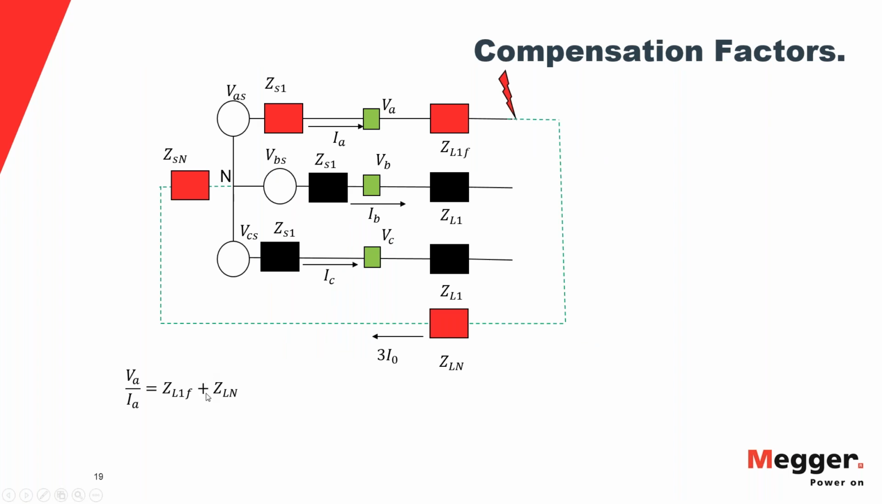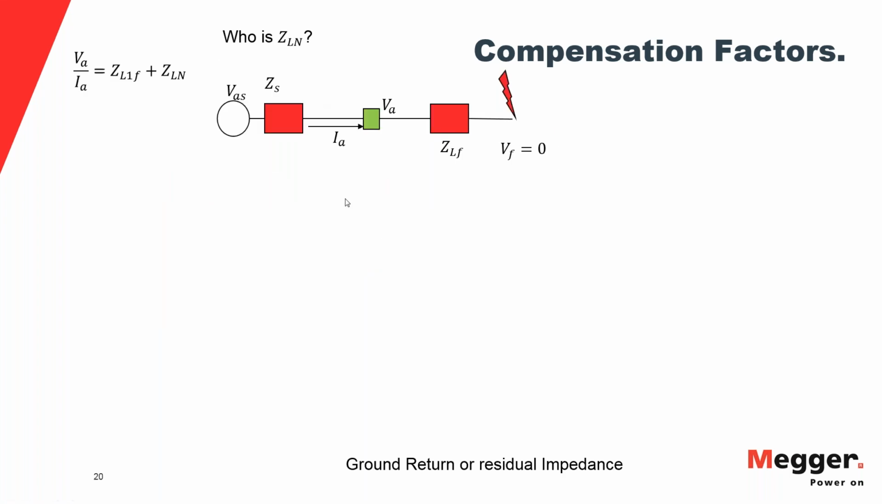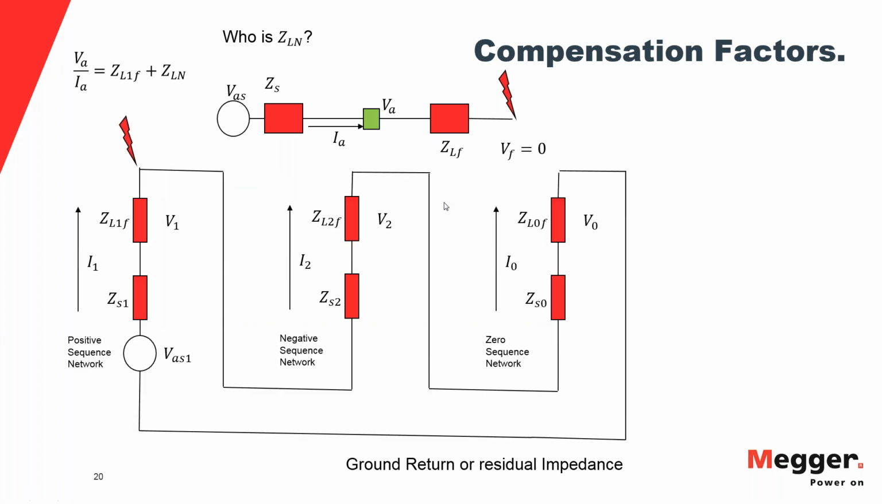Well, we are looking for this guy here. We don't know what the value of this guy is. So what we have to do is use the sequence networks. We have to decompose this system into the sequence components of that system. So we have to determine who this guy is, and for that we are going to use this single line to the point of the fault,